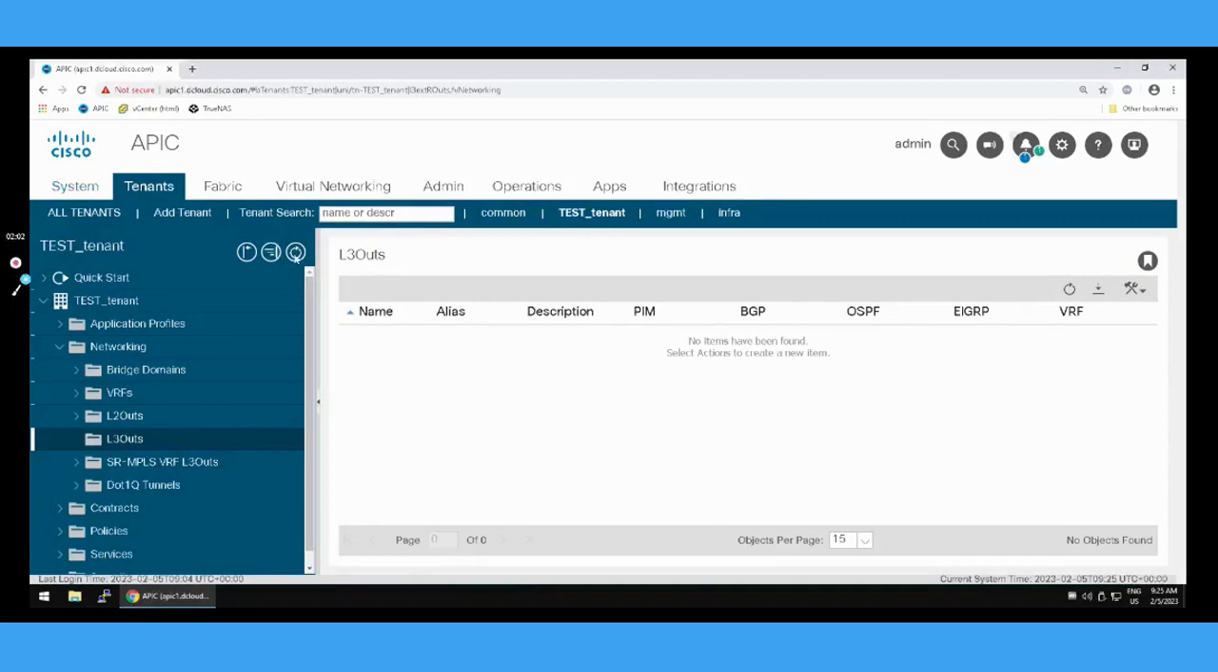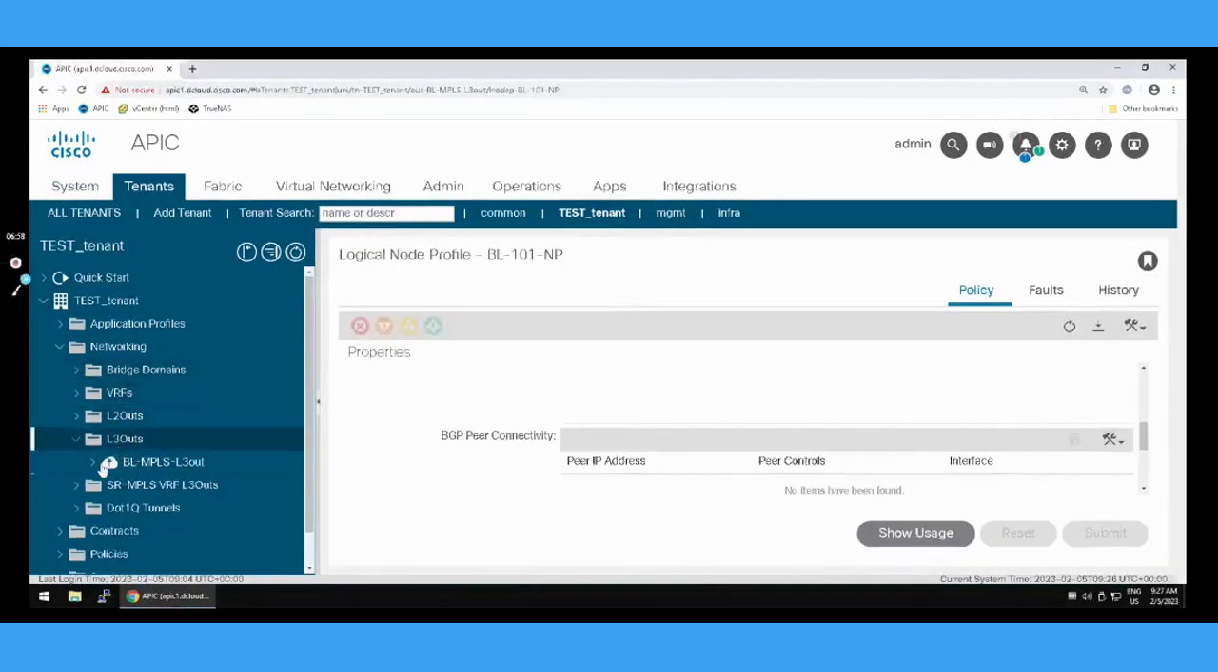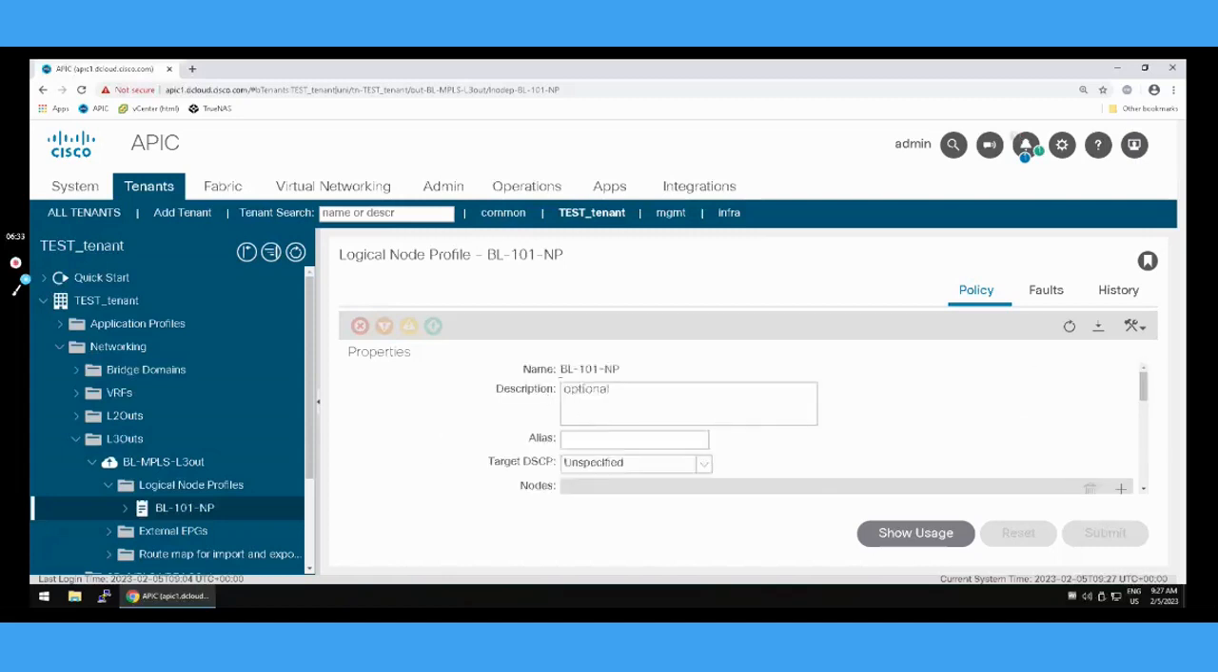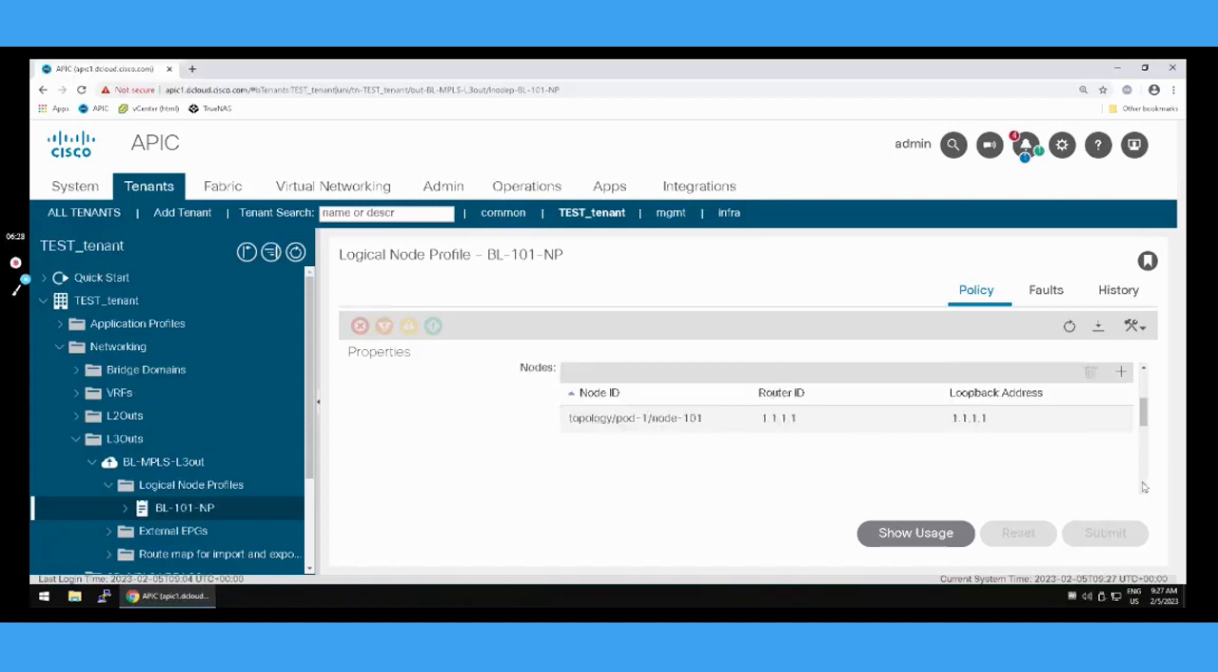Now I have created the L3 out. So let's configure the BGP peering also under the L3 out. In the L3 out section, I'm going into this L3 out, border leaf MPLS L3 out. Under that, in the logical node profile, we have to go. This is the node profile name which we have configured. Under that, this will show up like this. If you come down,